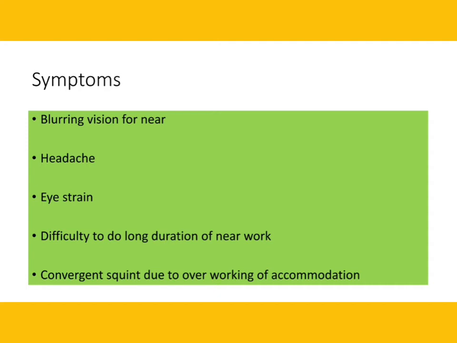Okay, for this the person is inducing his accommodation to overcome that refractive error. So when the person is doing near work like reading a newspaper or a book at 30 centimeter distance, a normal person needs +3 diopter of accommodation to see a near object clearly.